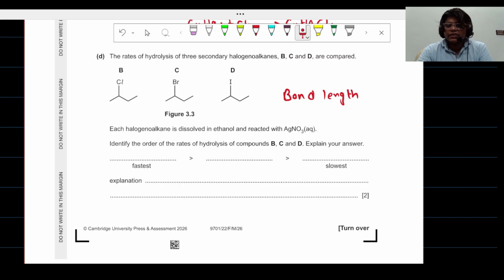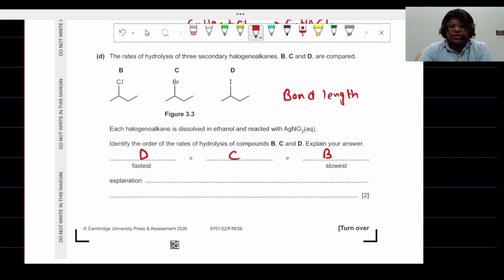Because the size is increasing, the bond length increases. The larger the atom is, the longer the bond length will be, and the weaker your bond will be, right? So the fastest hydrolysis would be with the weaker one, which will be iodine. So it would be option D, which would be the fastest, then it will be C, and then it will